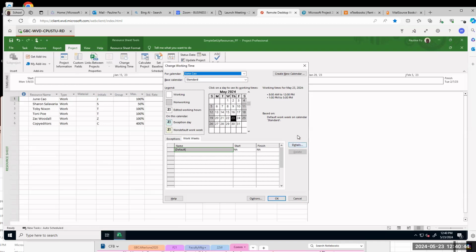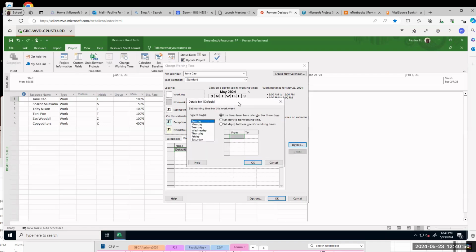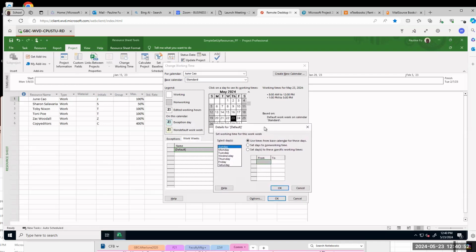And then click details. Now you can select Monday to Thursday. So Monday, press and hold down Shift, Thursday. Select Monday, Thursday. And then click the radio button.